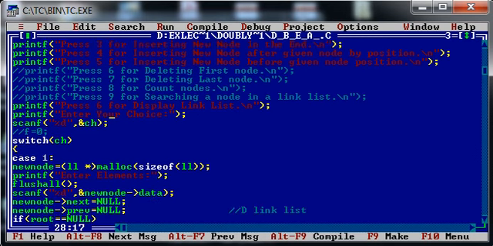This is my case number 1, that is for creation of doubly linked list. As you can see, whatever data is provided to the program will be directly stored in the data part of the new node. I have already assigned memory to the new node. Then I will set null to the next part as well as the previous part of the newly created node, because this is the first node.